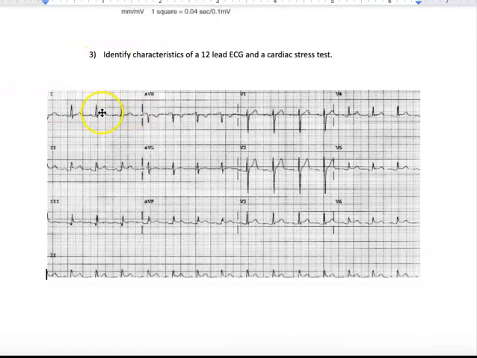So here's one window, 2, 3, 4. You've got all these different windows, this little segment. Each of these segments is a window. So you have 12 windows looking at the heart from several different angles. This way, not only can you tell if there's an arrhythmia or a problem, or a blockage there where the heart's not getting sufficient blood flow, you can actually get an idea of where it's happening based on what window